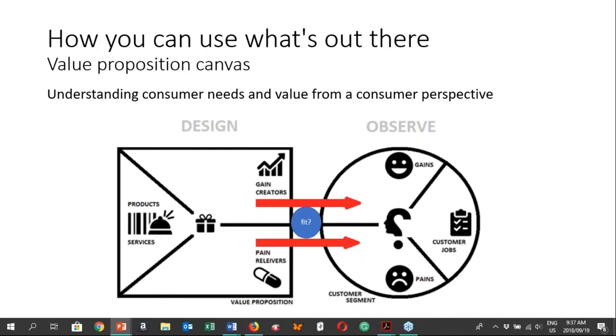What are the jobs they typically do with the products and services that we provide? What are their pains and what are the things they expect to do? Based on that, we can then define a product and service that can be helpful and reach the outcomes that the consumer requires.